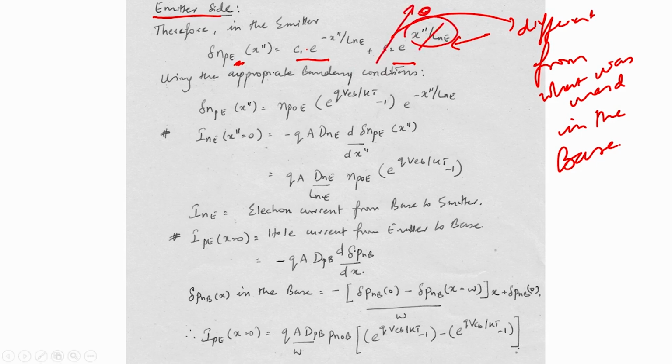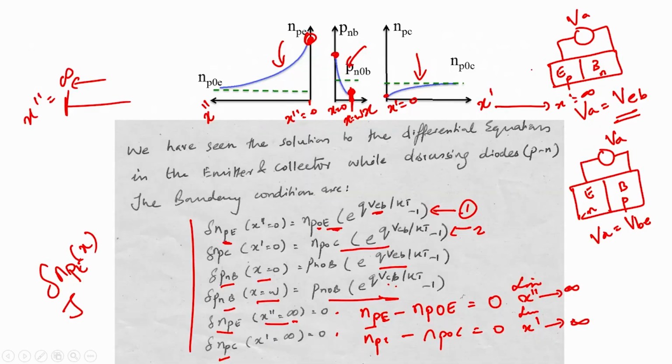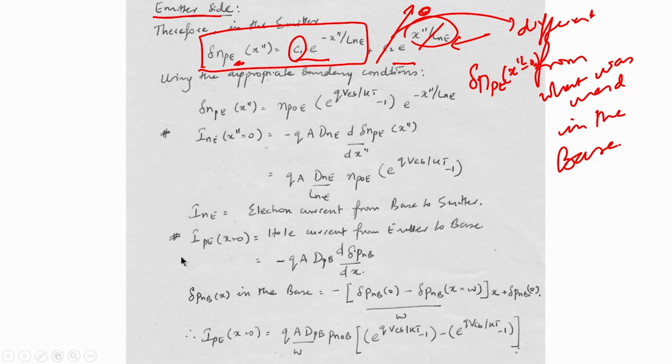So, C2 has to be 0, and therefore, this is the only solution, and we identify C1 by using the condition of delta NPE at x double dash equal to 0, okay, which was this boundary condition here, and that you can identify your